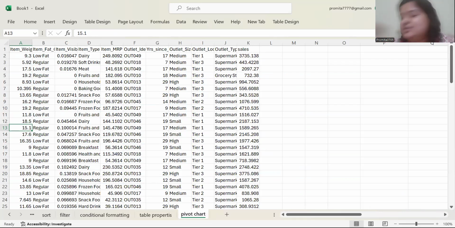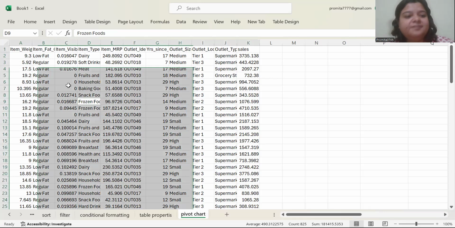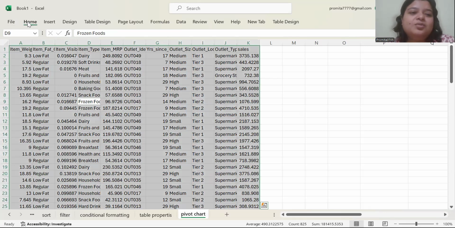Pivot chart is basically, I have this data and sometimes I want a different type of chart. I want a frequency distribution, I want a cross tabulation, and that can be done using the pivot chart function in Excel. So again, I click on the data, go to home,